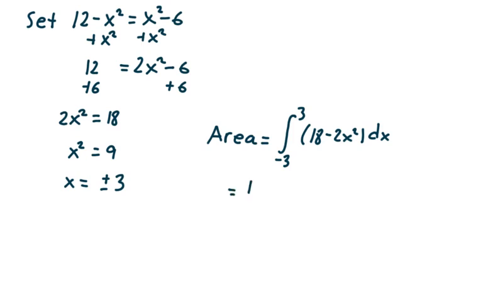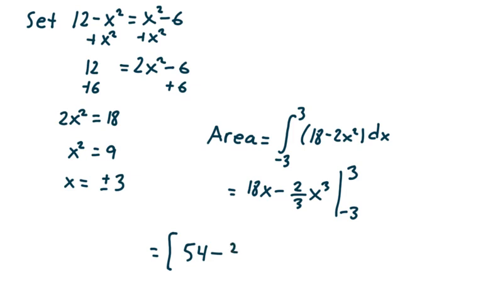And so this is 18x minus 2/3 x cubed, evaluated from negative 3 to 3. Now I'm going to replace x with 3. And we get 54 minus 2/3 of 3 cubed, if you will. And then we're going to subtract off